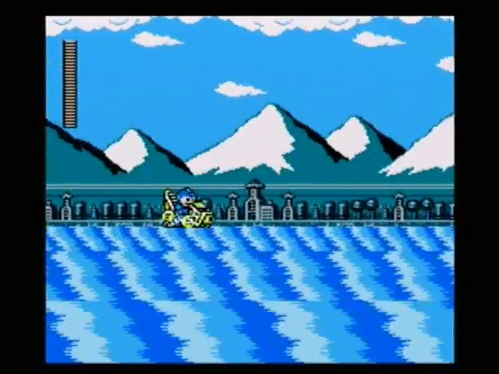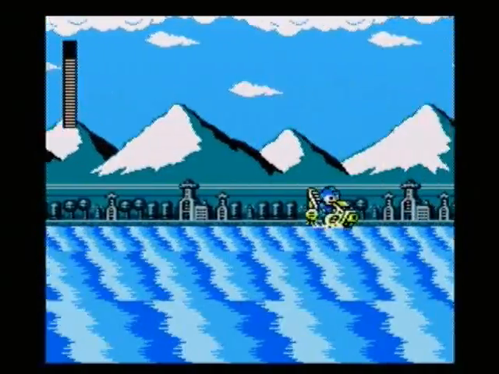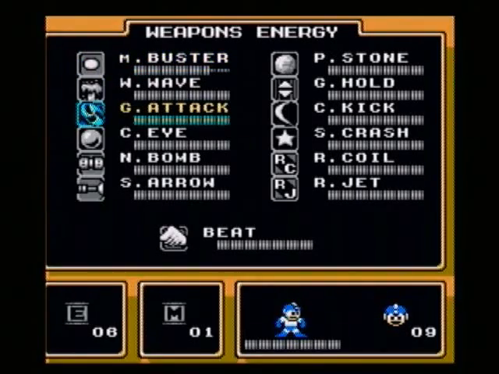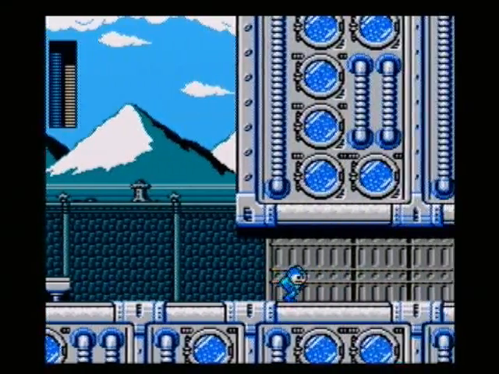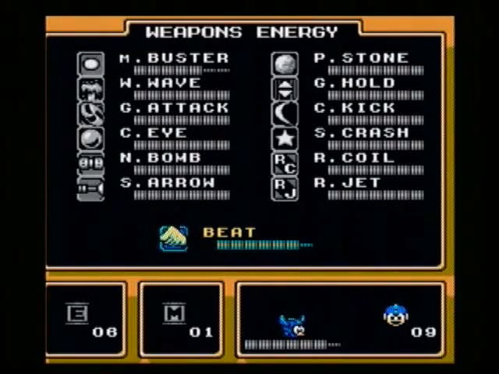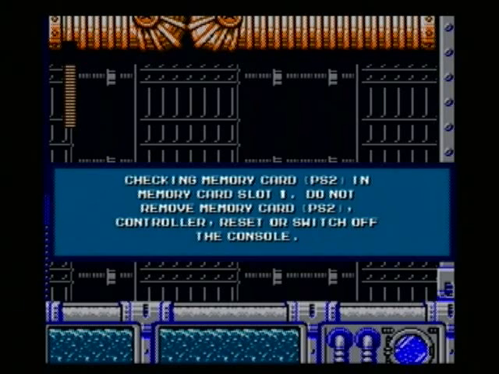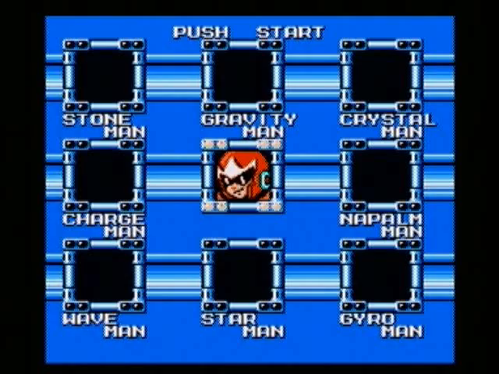So that's the E, and as soon as we get off the bike, we'll see what that does. And I'll just go ahead and show it off right now since we have that extra time. We get Beat, and Beat will launch himself after enemies and attack them. But again, you have to go through all 8 stages and pick up all 8 letters before you can use them. So it's kind of limited in its use. You have to wait until the end of the game before you can even use it. But he's pretty cool, and he will have his uses, and he will have his time to shine later on